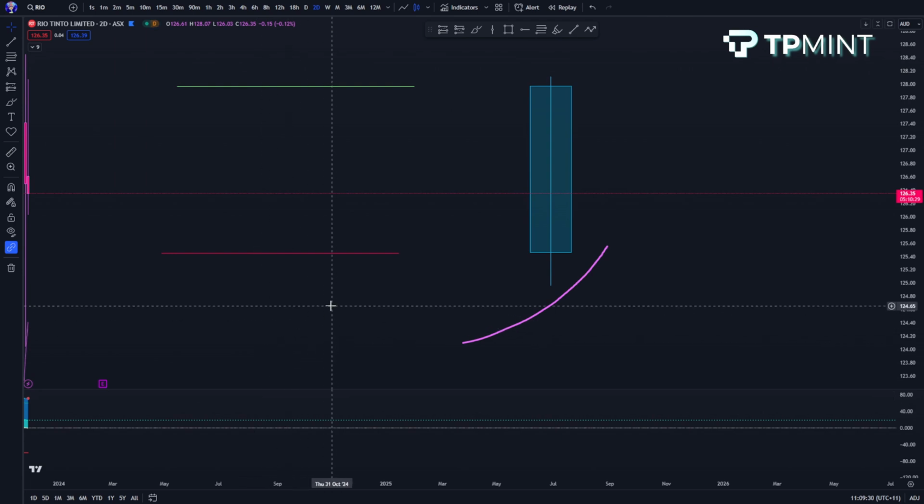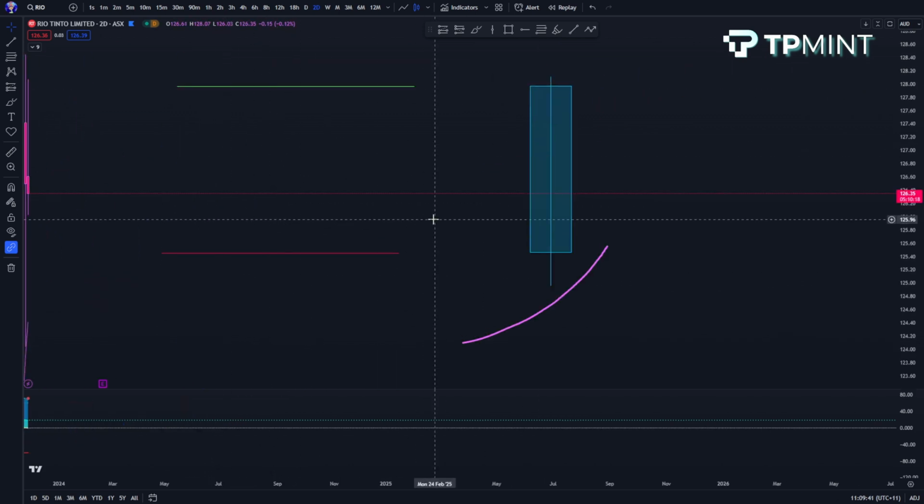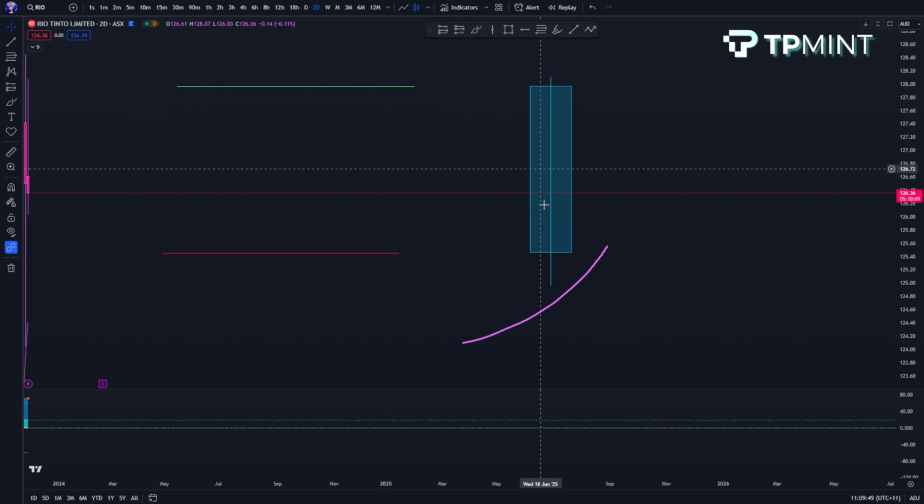Okay, so for this breakdown, I'm going to be on the Aussie stock Rio, and I'll just show you quickly. We are using a wave trend oscillator and an 8 EMA, and basically what we're trying to do is I've got a higher time frame candle here. Our higher time frame candle is going to be the yearly candle, the 12-month candle,